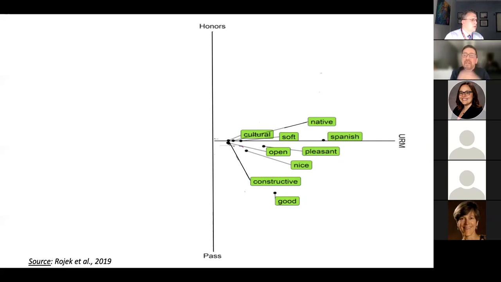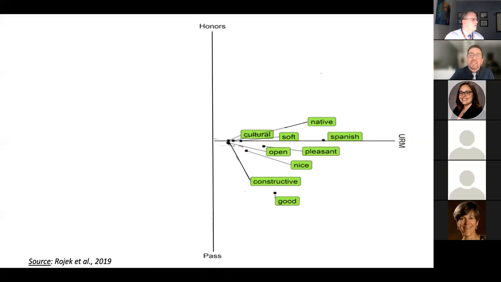It could be though, and I think this might be one of the drawbacks of the study. All studies have them. It could be that the assessors were pointing out something about competency if they were saying that the fact that this person speaks Spanish and could speak to native Spanish speaking patients might be a competency. I'm not sure about that, and we don't know that from the evaluation, but this particular term could point towards a competency. We just don't know. So that is a drawback, I think, of the study.